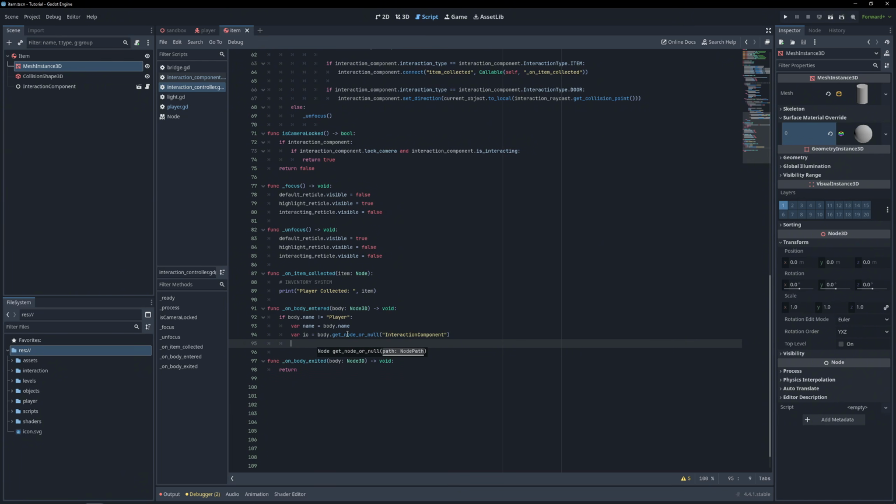So now that we have the interaction component, we want to check if it's not null. And we want to make sure that it is, I believe we can just say interaction type. And if that is equal to the item, then we're going to do something. I'm just going to write return, because we do need to set up one more thing, interaction type. This is actually IC.interaction type. So we need to set up one thing before we can actually change the outline, but I'll go